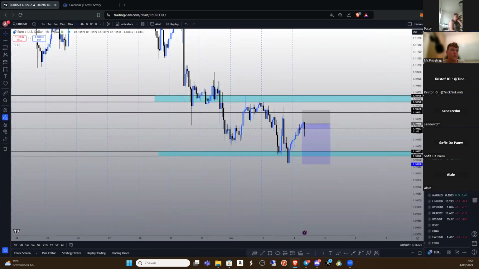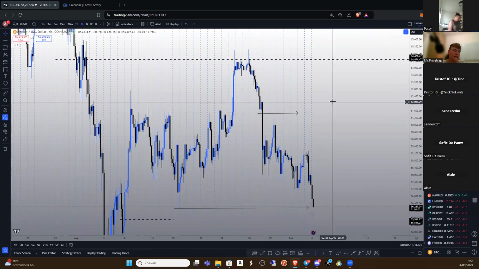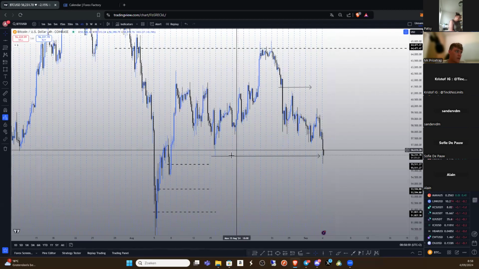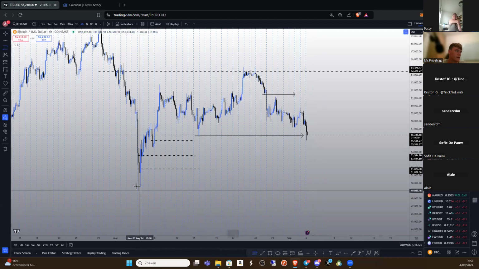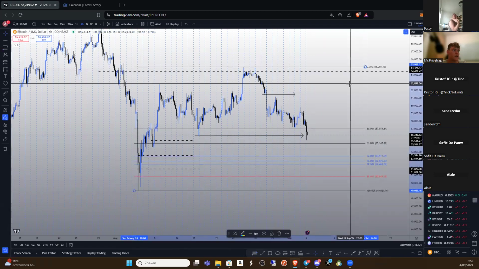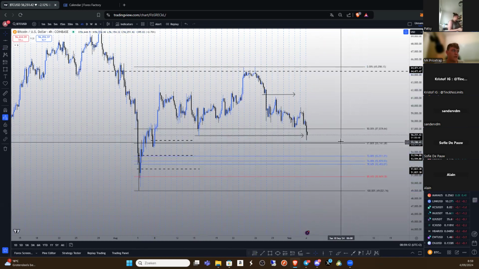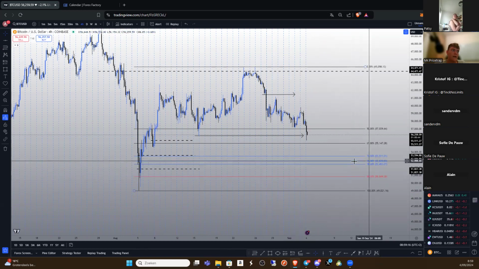I'm going to give a quick look at the Bitcoin chart. We are dropping like I expected, like I said. We took out the low right now. We are reacting on demand levels, so this is getting very, very interesting. Also, if we would put some Fib levels on there, you will see that we get into some interesting Fib zones now. The very first zone is, of course, the 50-61, and the next zones are around 72, 78, 88 area.